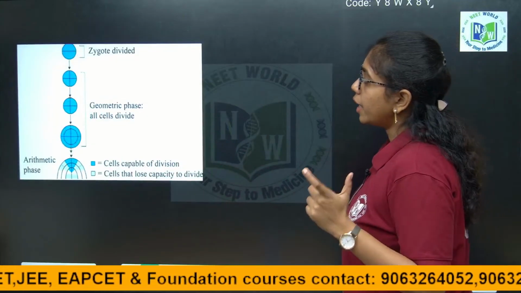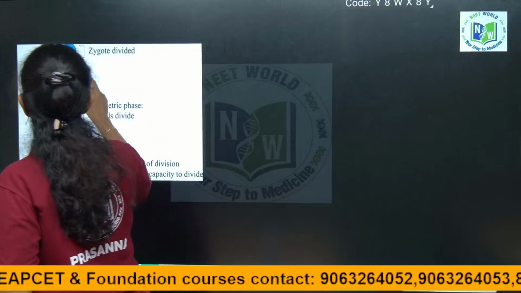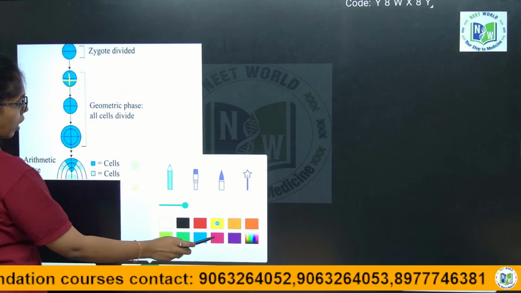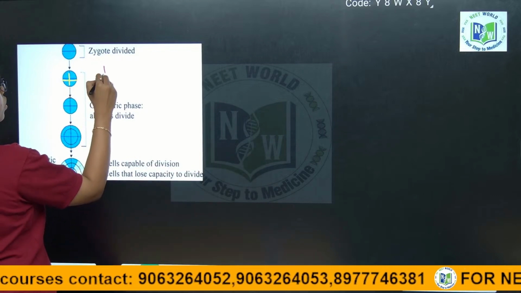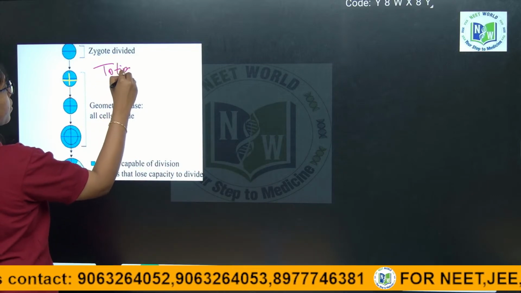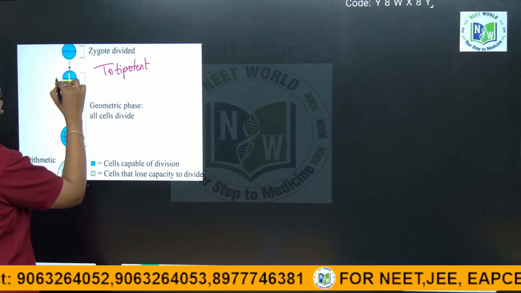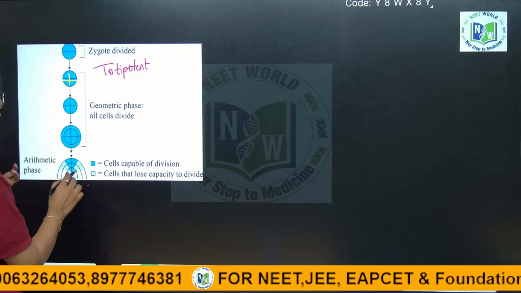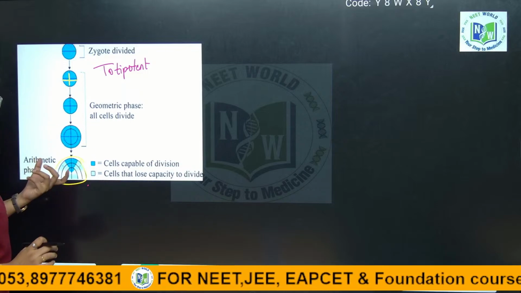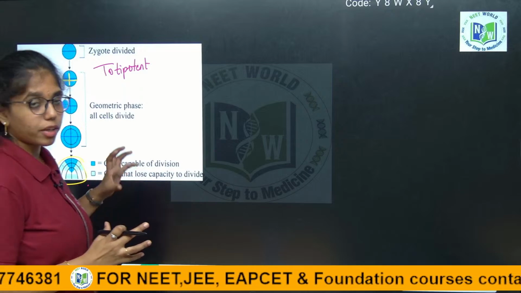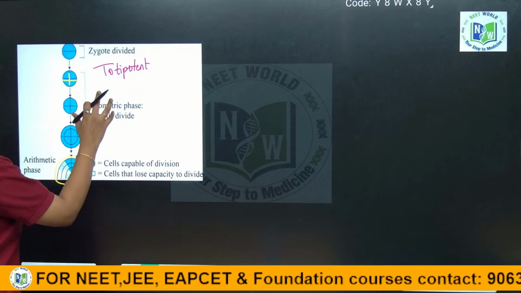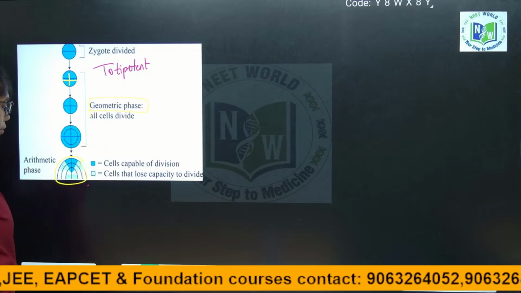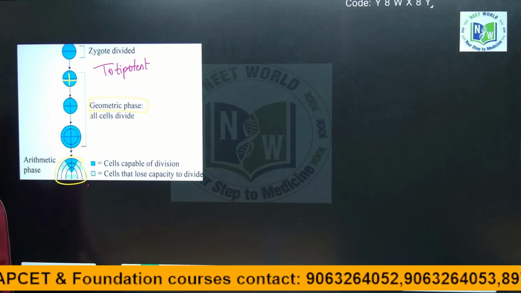Fine. Then here you can clearly see when zygote is divided, it divides in all the planes. As you know, zygote is totipotent, right? It is totipotent, and it divides in all the planes to give rise to an embryo or to a group of mature cells. For the formation of embryo, the cell is dividing in all the planes, which shows a geometric phase of growth. And once a tissue is formed,